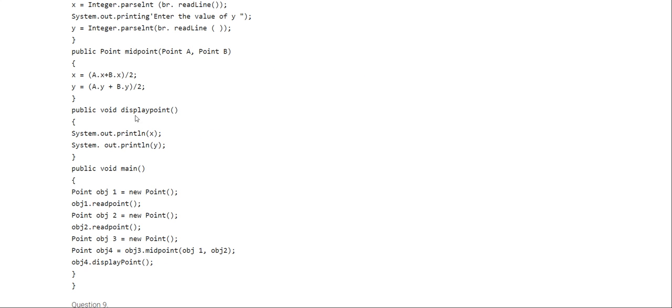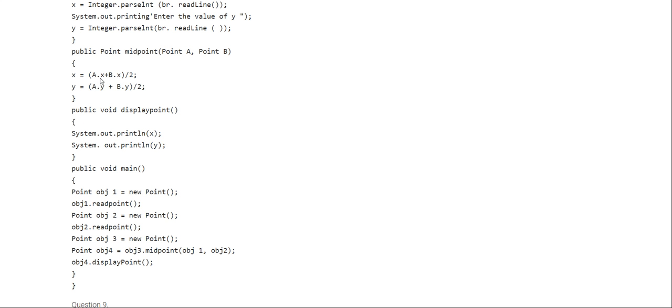Another very important method is the midpoint method, and it will return a Point type of value, which is a class, and it will accept two arguments, Point A and Point B. Two class type arguments it will accept here.